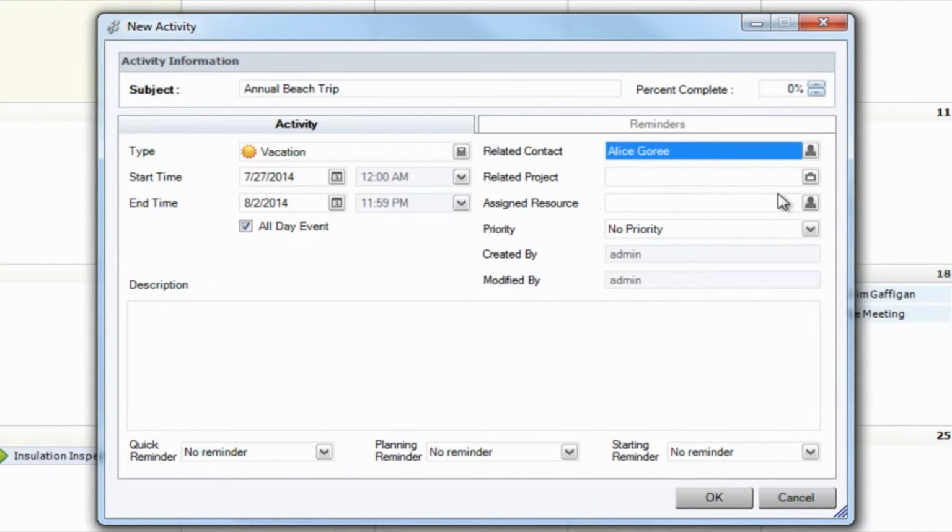We can assign it to a project if we wanted to. If you don't assign it to a project, it actually becomes just a personal one that you can check out, that you're the only person who can take a look at. It won't show up in any of the other projects. Assign resources, priorities, and even put in a description. So for this description,